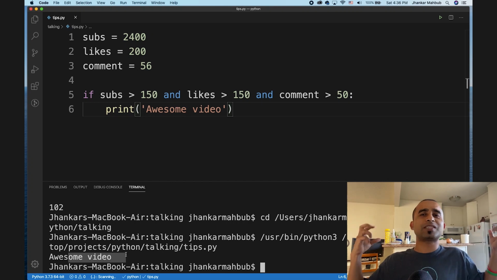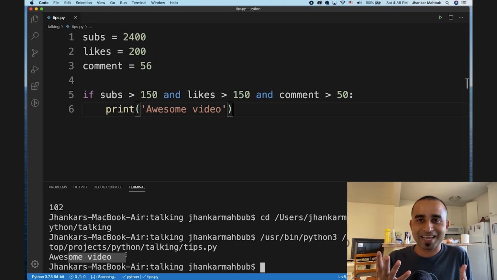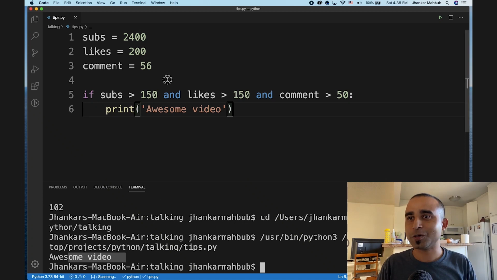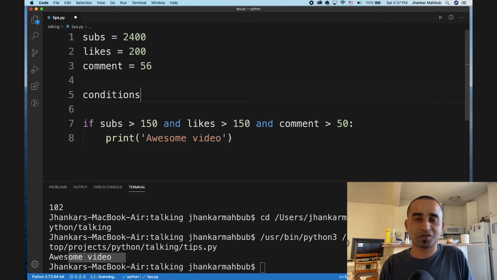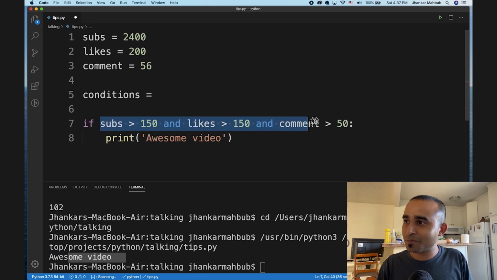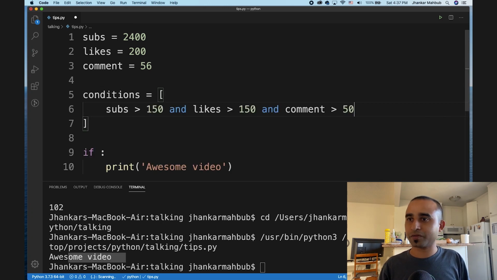But what if you have 5, 6, 7 conditions and you need to fulfill all of them? In that case, one clever trick is you can declare a list. I will declare a list, maybe name it conditions, or you can give any name, and put all these conditions there using comma separation. Since this is a list, I can write multiple lines if I want to.